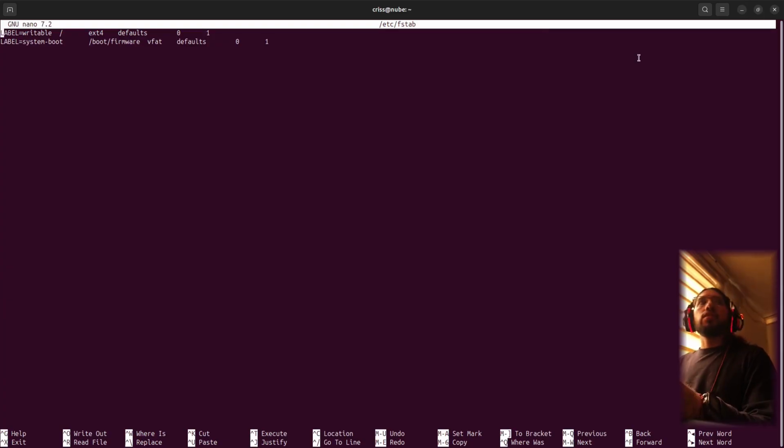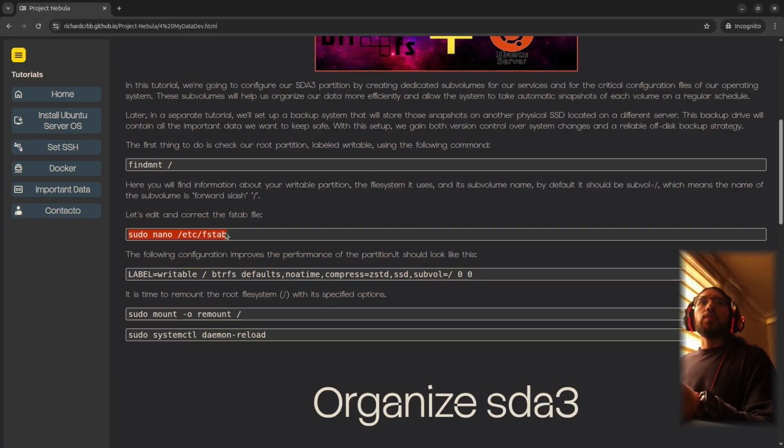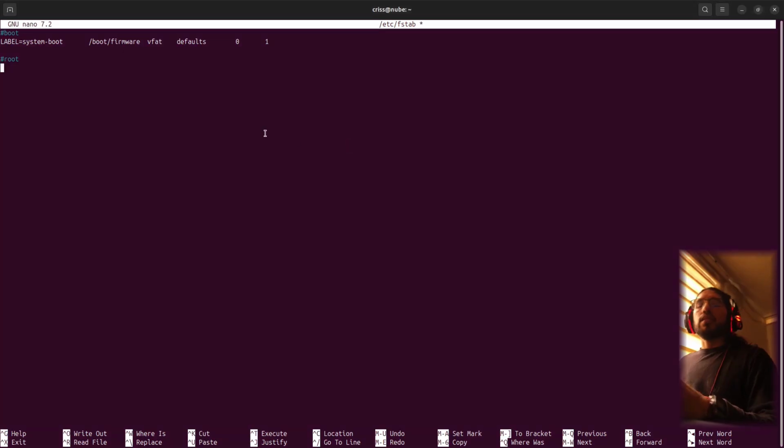partition. So I'm going to delete all this information, and I'm going to put a comment here that this is the boot one, and I will edit the root one. So I'm going to copy this, and what it says is take the